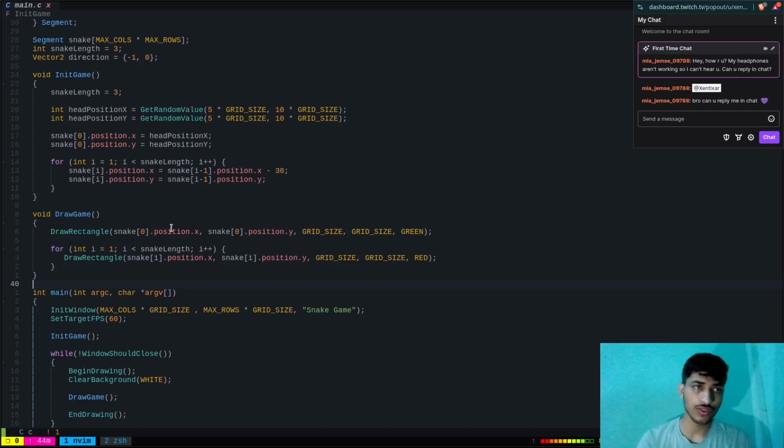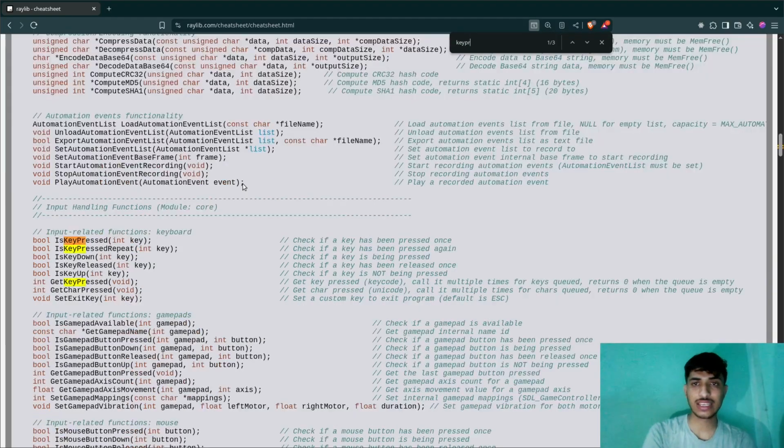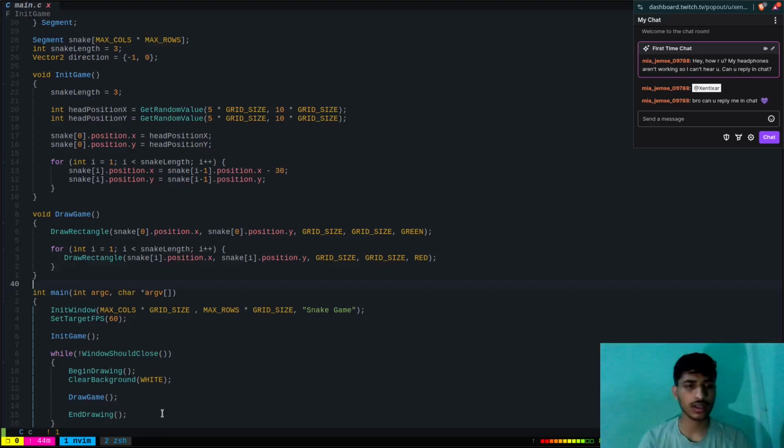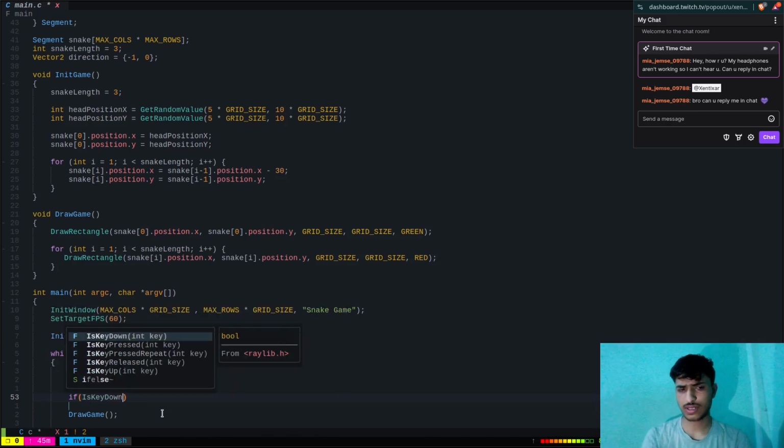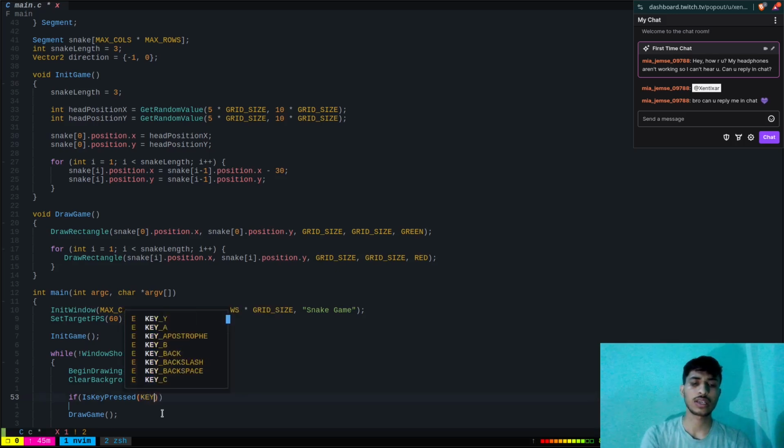So you can use a keyboard function like key press or something like this. If a key is pressed, like, you can use... what's happening to my tab. If it's key pressed, right? Key underscore. If the left key is pressed, or if the right key is pressed,